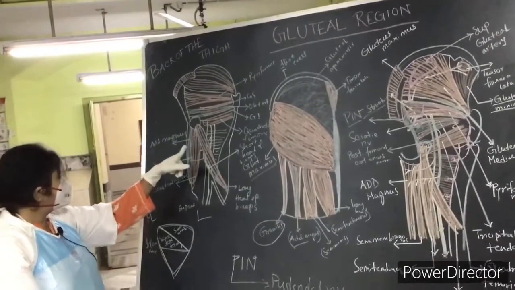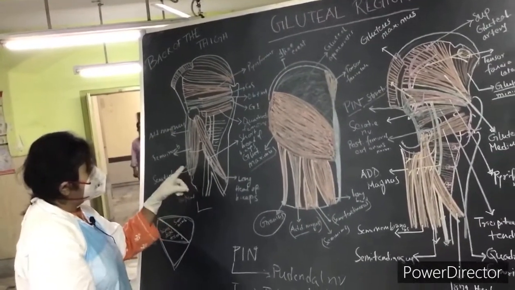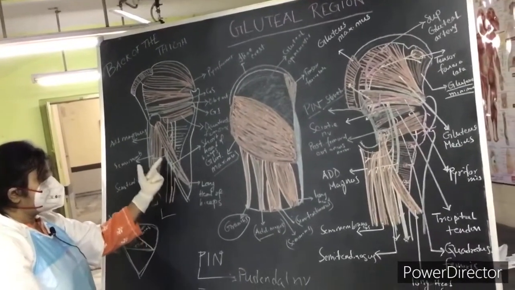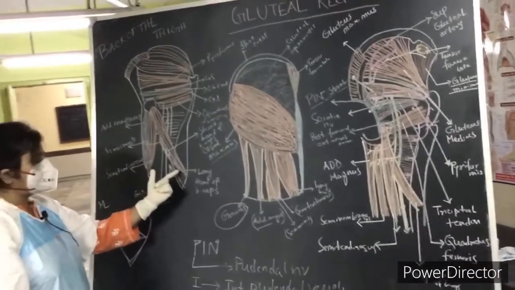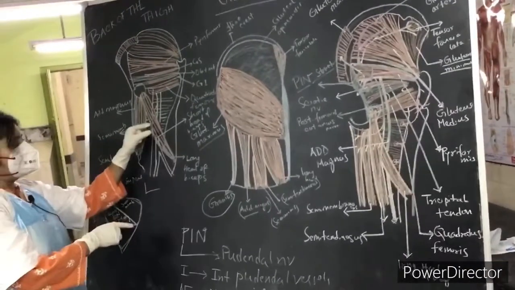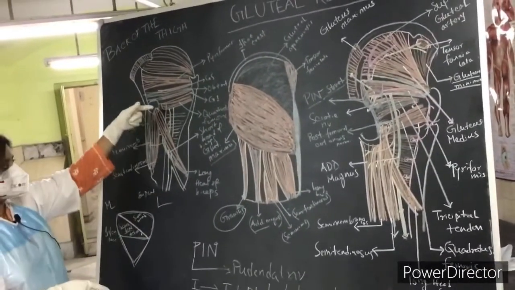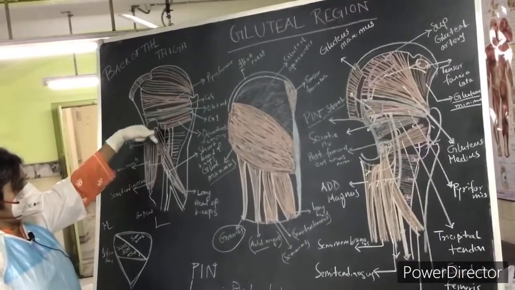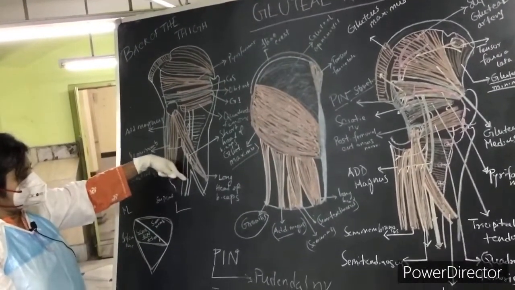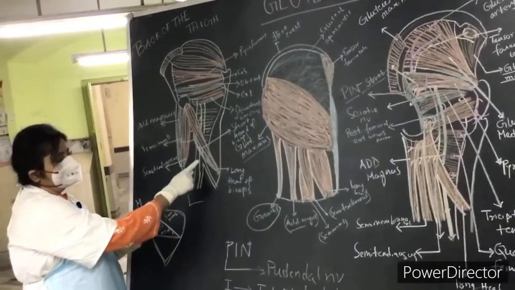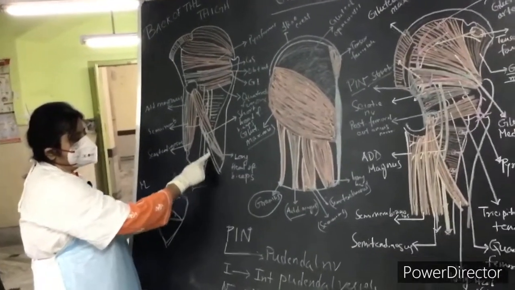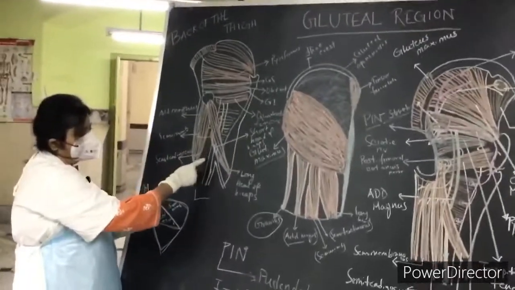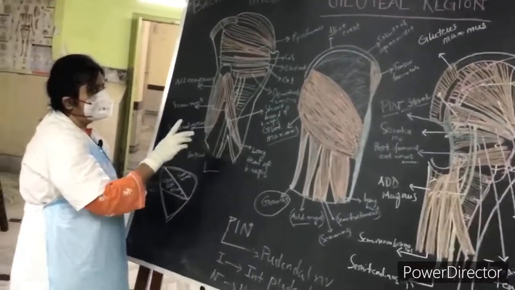Okay, so we will get the hamstring muscles here, and in the deeper aspect of the hamstring muscle we will get the short head of the biceps. This one is the short head of the biceps, and in between the long head and the short head of the biceps we will get the sciatic nerve that descends downwards from the gluteal region. It descends vertically downward, and then it divides into the tibial component on the medial side and the common peroneal component on the lateral side. We will also get this nerve, the posterior femoral cutaneous nerve.